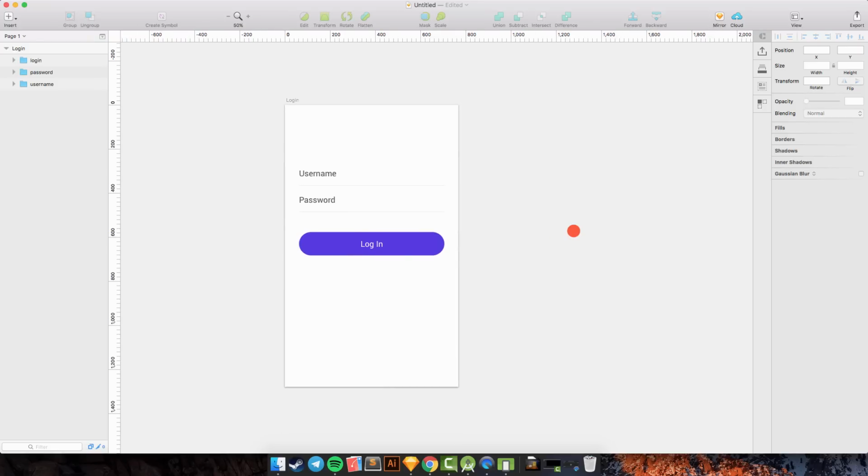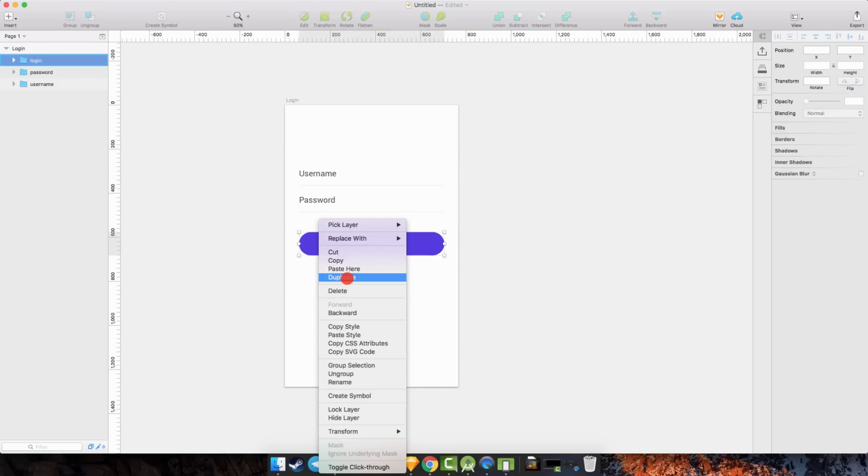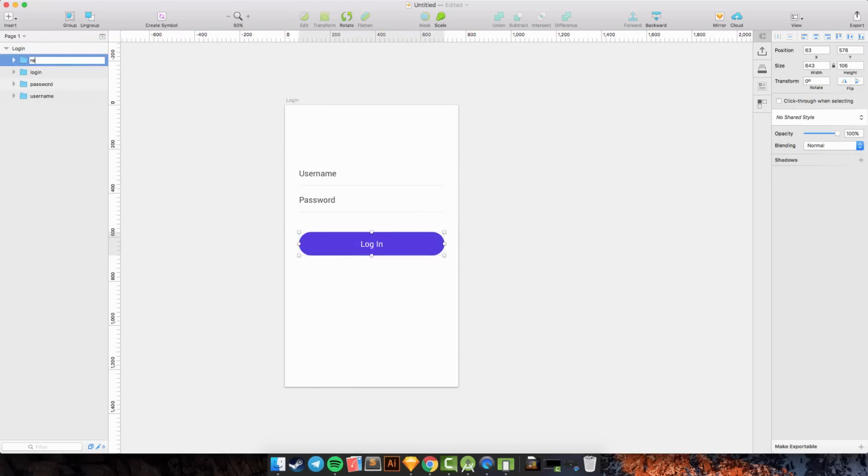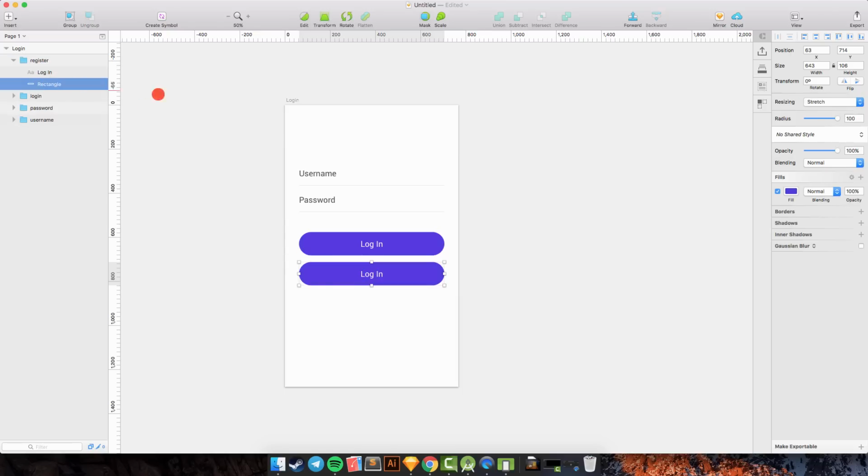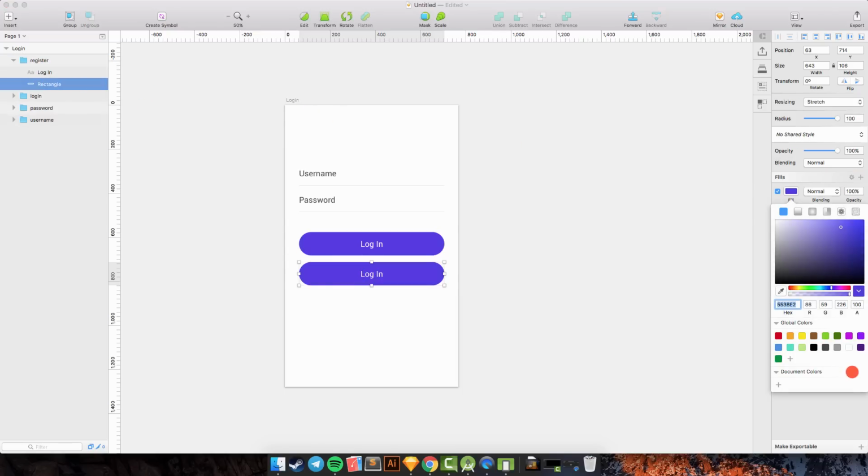And then I will duplicate the login here for register. Okay, I want to change the shape rectangle to another color like this.